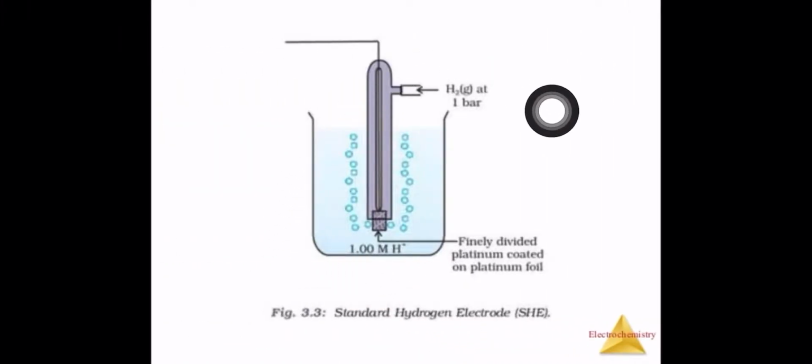Okay, so this is the diagram for the same. Here this tube, as you can see, contains the platinum electrode. This is the solution, which is an acidic solution, and in that we are passing the hydrogen gas with the help of the bar, and you can see that the bubbles are coming out. Okay, and during this time the pressure we are maintaining is 1 bar, and the concentration of the ions is 1 mole.